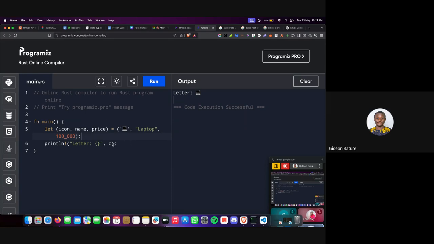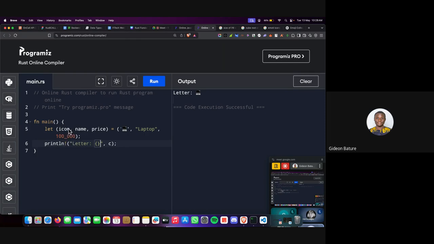Yeah. So yeah, good. So now this is a tuple. You can see that tuple, it took in a character, took in a string, and then finally it's taking in a number. So it's taking in three items, and all of them are of different data types. All right. So if you want to print, now one thing about this tuple is that